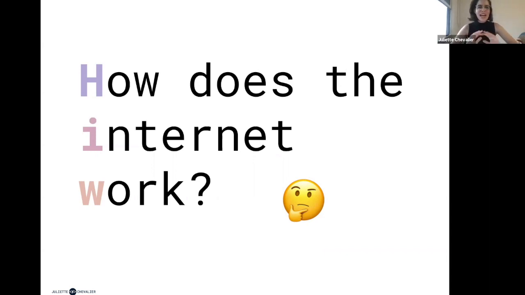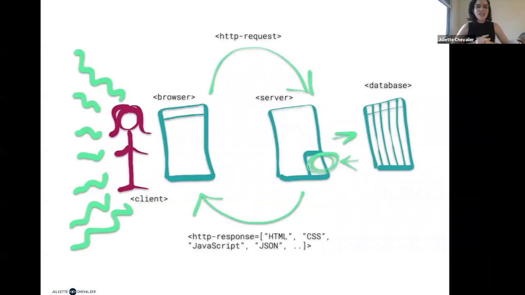So we definitely won't dive too deep into that question, but I want to make sure that we're getting a bit of a grasp of how the internet really works every time you're clicking on a link or just clicking stuff throughout the web. So this is my attempt at drawing a bit of a schema of how this works, but basically it all starts with us, right? This is the client. In programming, we call the user the client. The reason for that is because it's the person that's going to be consuming the product, which is everything else that is over here.